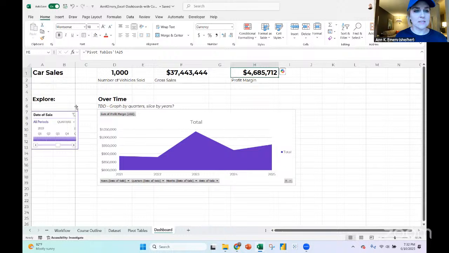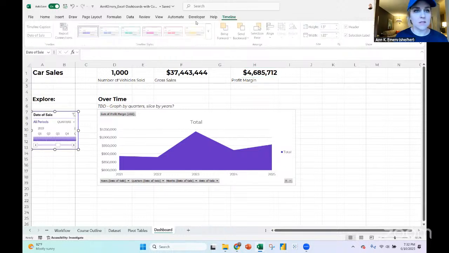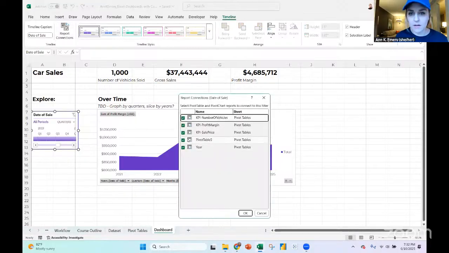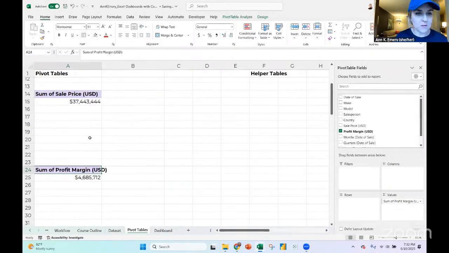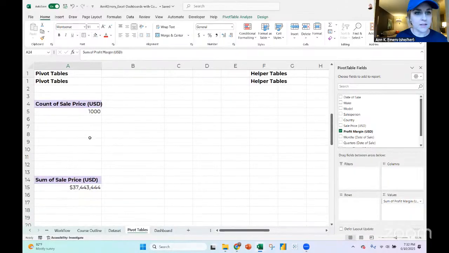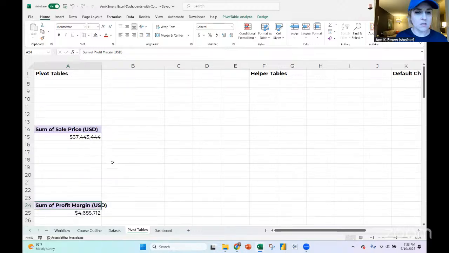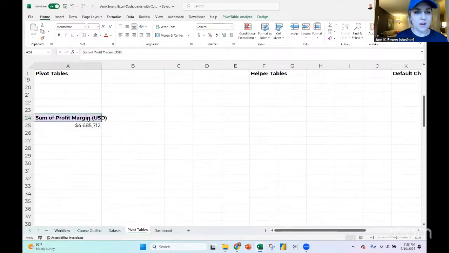Okay, let's think about more slicers to add, and let's link this one to the ones I just made. Oh, they are okay. Okay, perfect. They are linked. I think because I didn't insert brand new pivot tables, I copied and pasted the pivot tables, which I usually do on autopilot. What is pivot table 5? Oh, that's the one that I didn't finish yet. Okay, so far, so good. Count, sales price, profit margin,